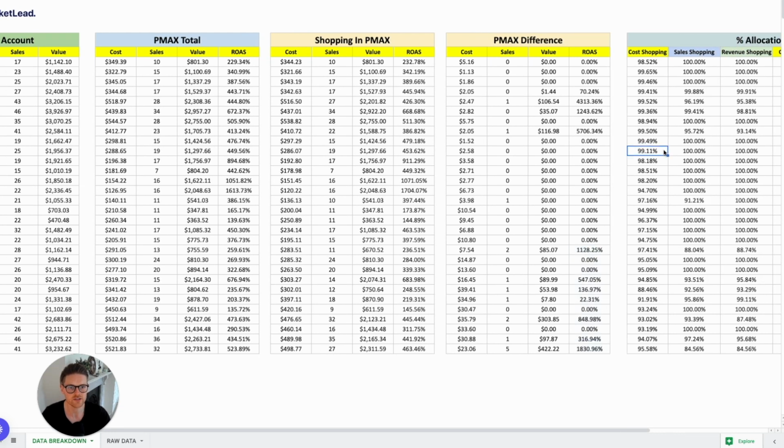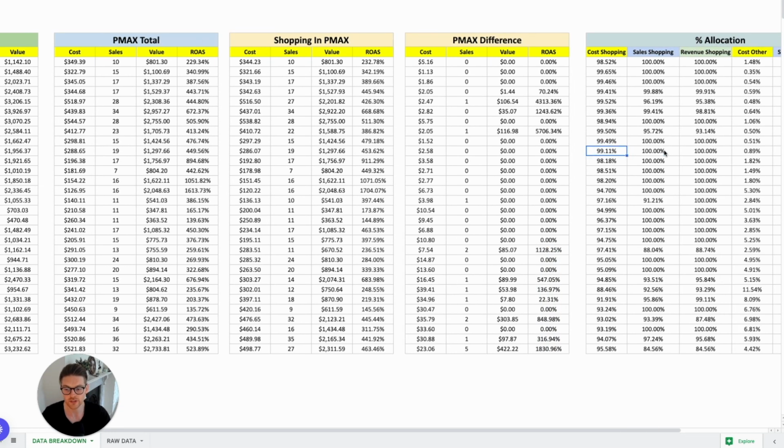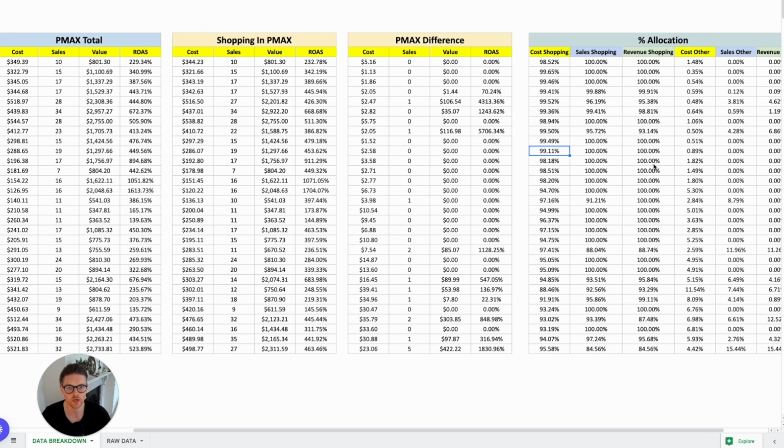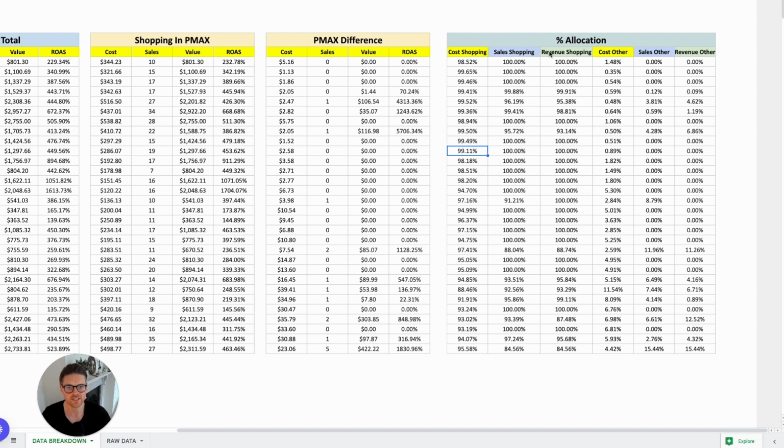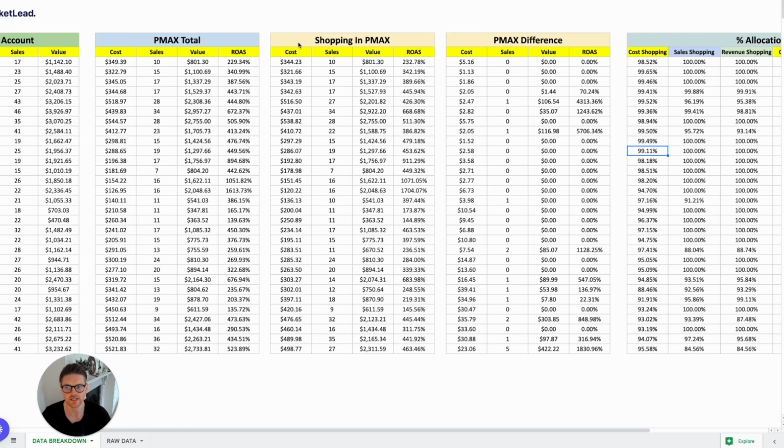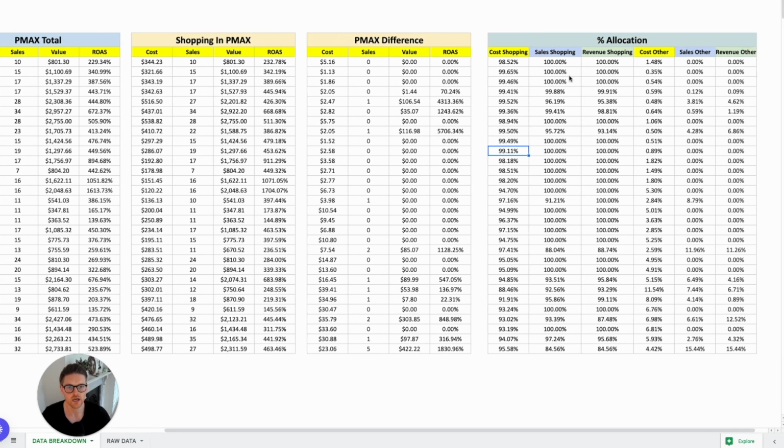Now, the next thing, and this is probably the more important part, which probably all e-commerce businesses running PMax do need to know on some level, is just the percentage allocation. So this is the PMax percentage allocation, and I've just got it broken down by shopping and then the others. So cost of shopping, sales from shopping, and revenue from shopping, and then cost other, sales other, and revenue from others. So you can see that about